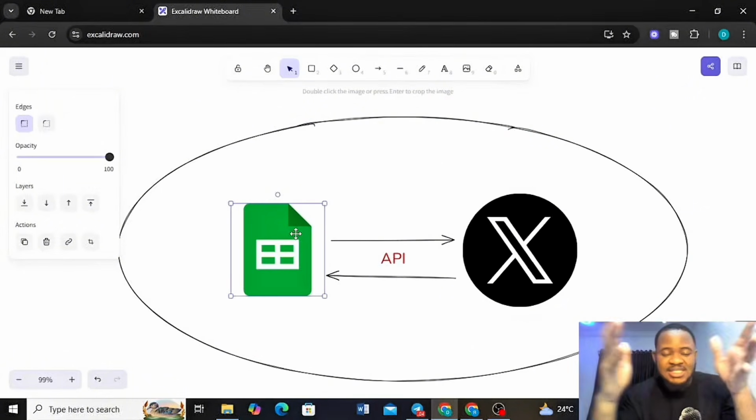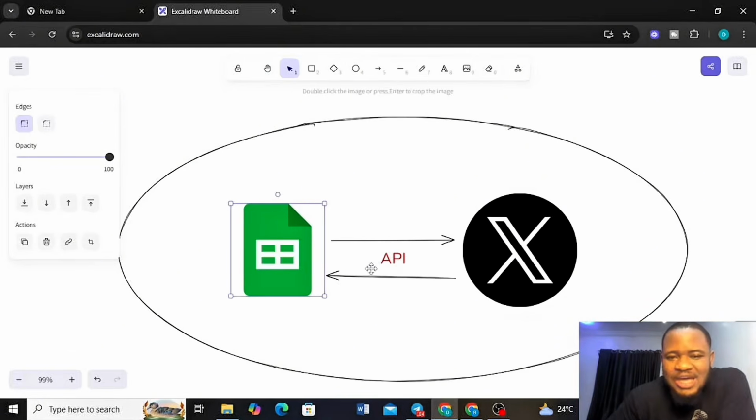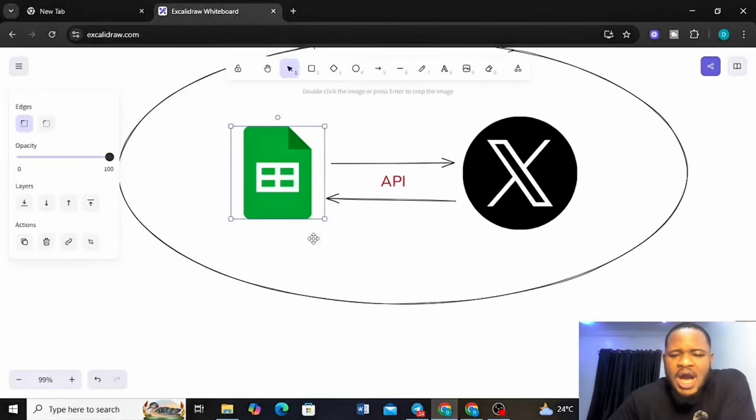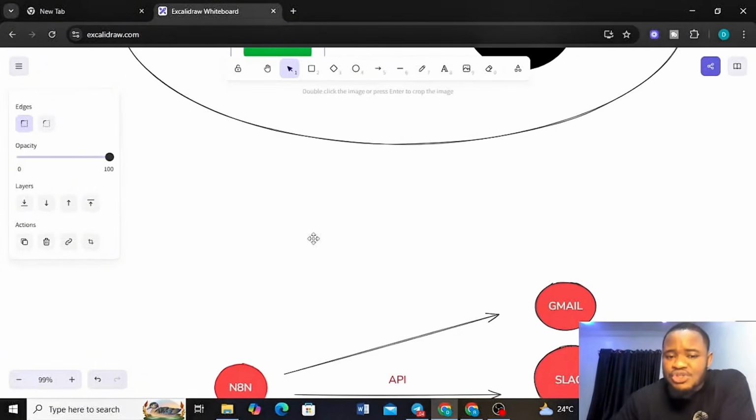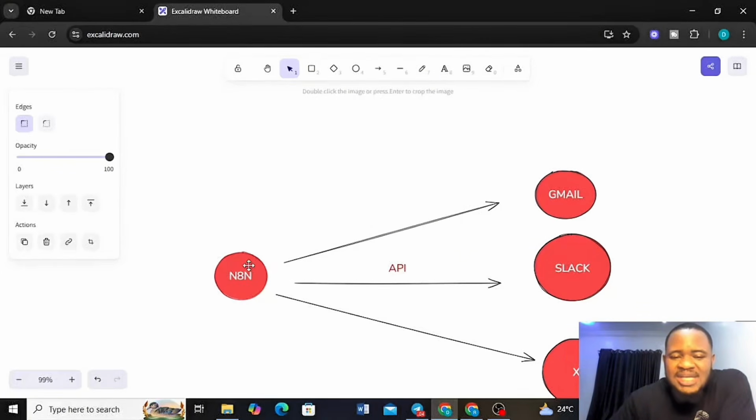So literally, that is Google Sheets communicating with X. Now, what facilitates that communication is an API. I hope up until this point we are understanding APIs and how this communication goes. So how do apps communicate with each other? Like I said again, through the use of an API. What that means is that an API allows us to communicate with any app, any software, any server, literally